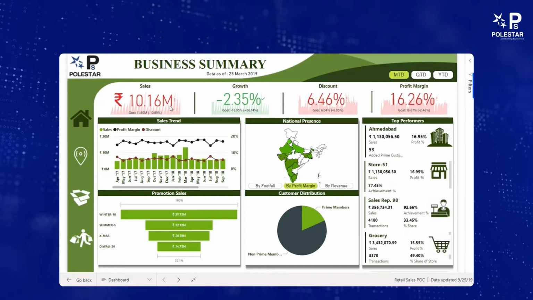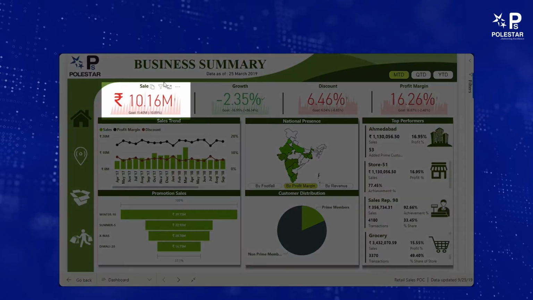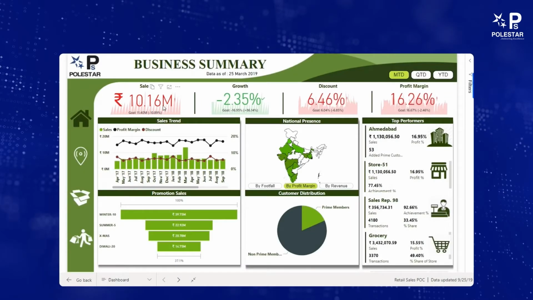I see on the top left what is my sales till date. I see that it's 10.16 million rupees, whereas my goal was 11.4. Not to worry, I still have a couple of months left in the year, so I can probably cover up the target. But right now it's not crossing my goal, and hence it's demarcated in red, showing that you're below